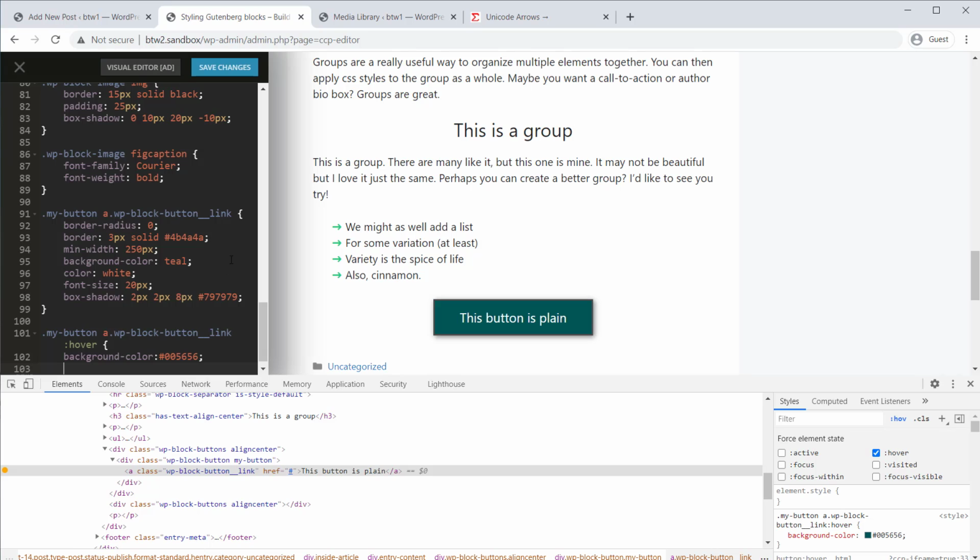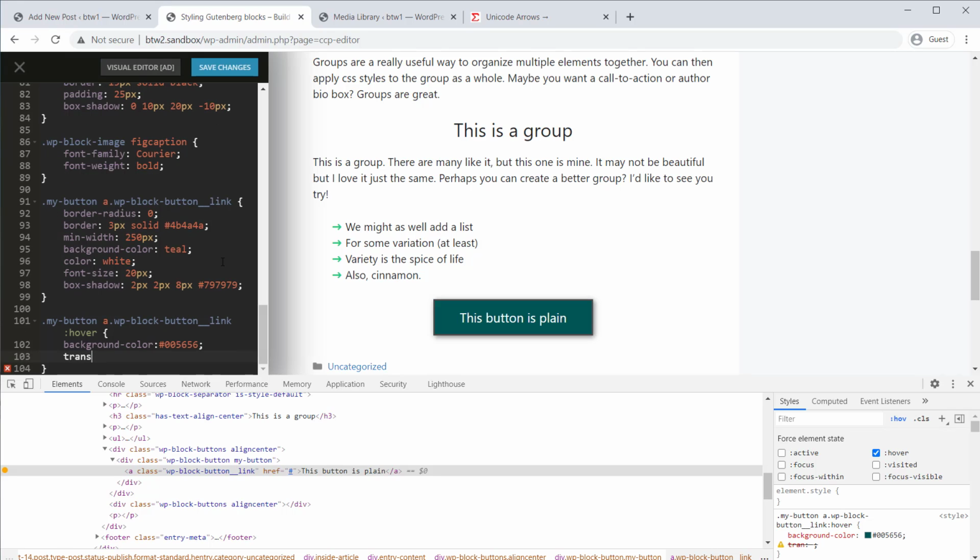And we want the button to move when it's hovered, so we're going to go transform, translate the Y axis, and we'll do a subtle 3 pixels. That might even be too much. We're just going to do 2 pixels. And maybe we want the box shadow to get a little bit bigger, and maybe have a little bit different color. So maybe we want like a subtle, I don't know, let's try